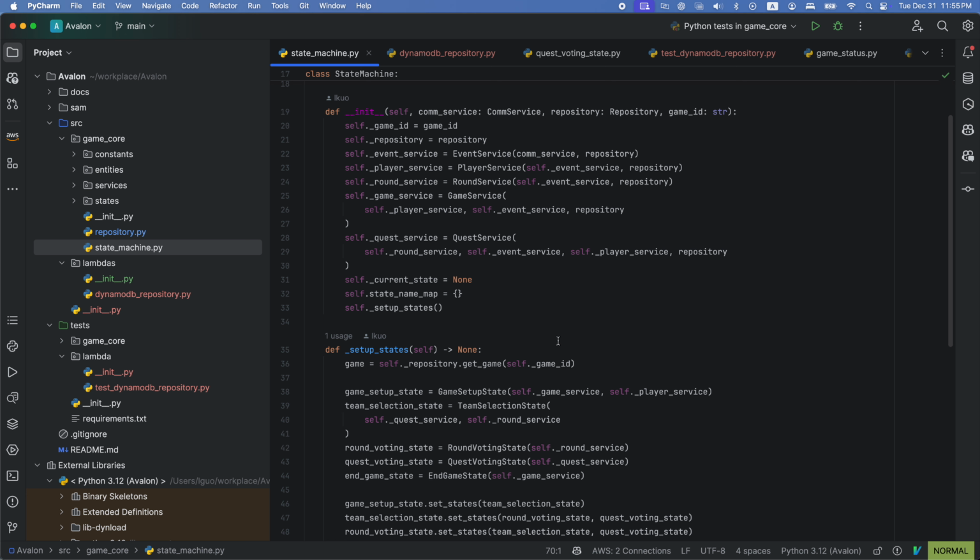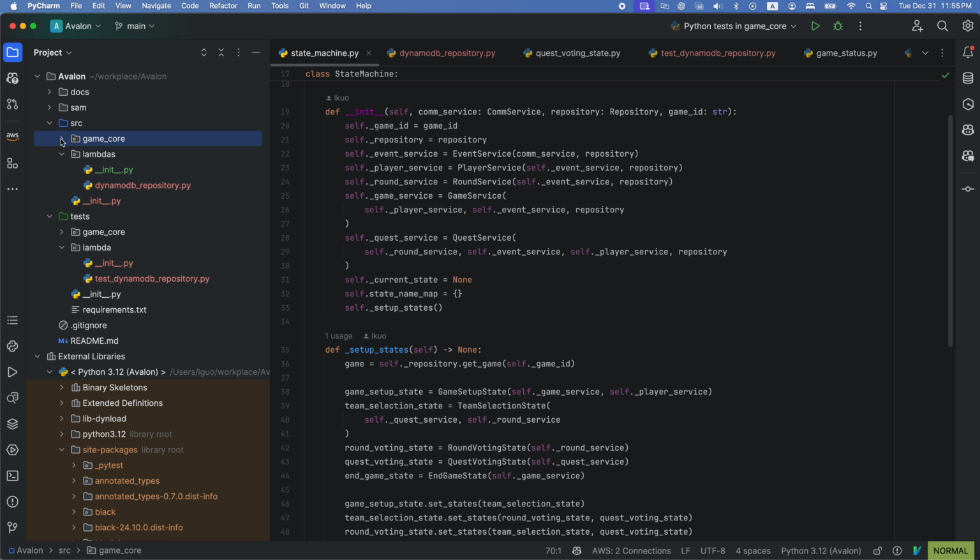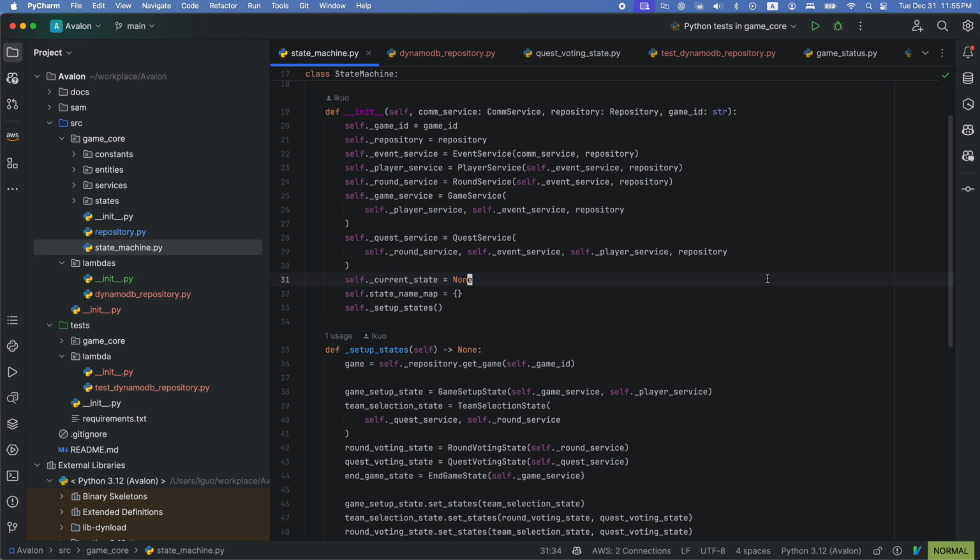So in the game core, we don't want to worry about how we are going to persist all this data, and how we communicate these events to the players.